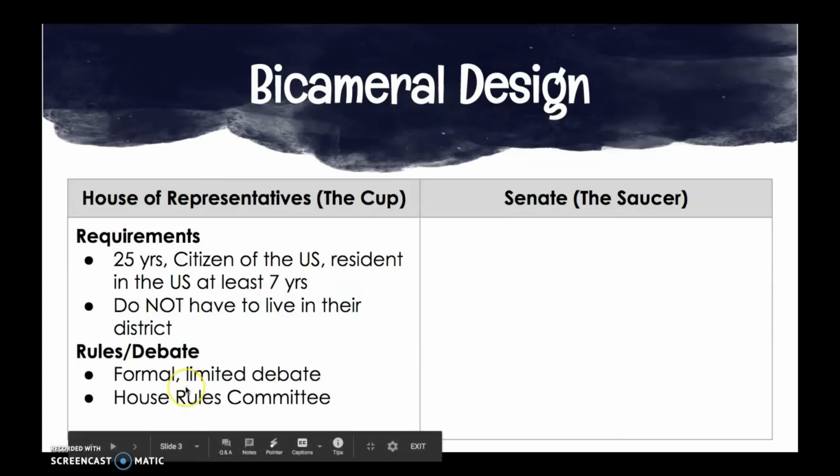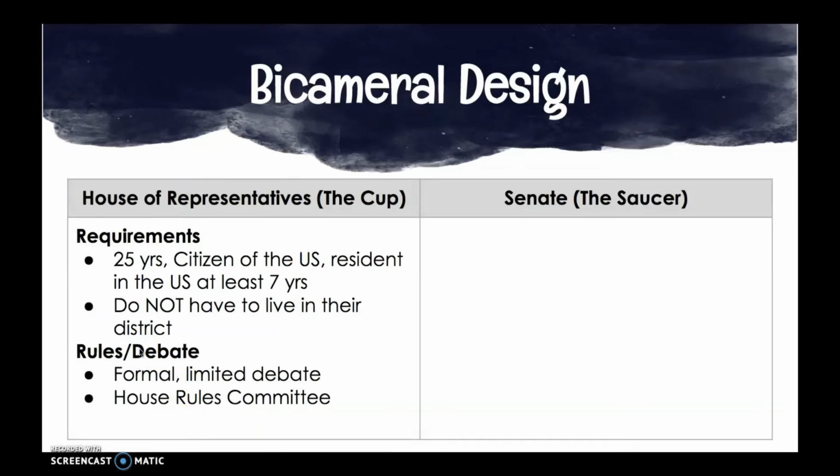Something that creates this formal debate is the House Rules Committee. There is not a Rules Committee in the Senate. This is unique to the House of Representatives. And we will visit this later when we cover the bill to law process. But essentially what you need to know right now is this Rules Committee establishes the efficiency of the House. It decides how much time a bill can be debated and how many, if any, amendments can be added to